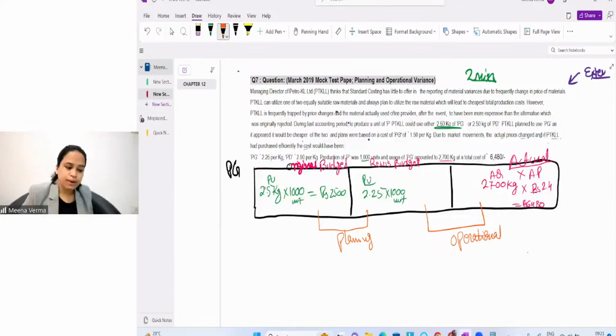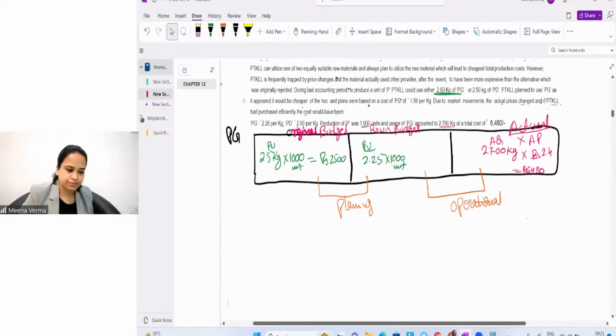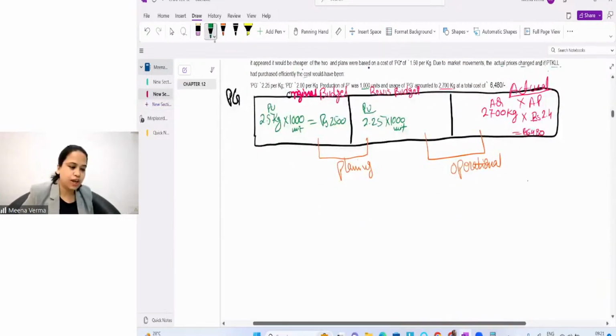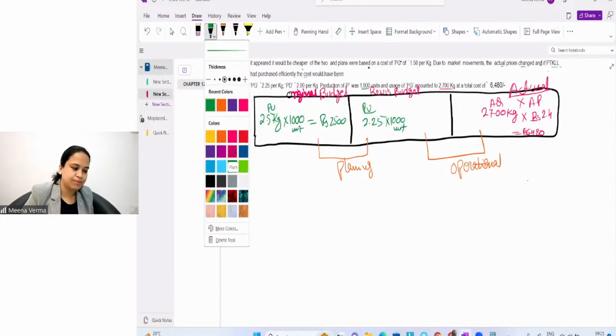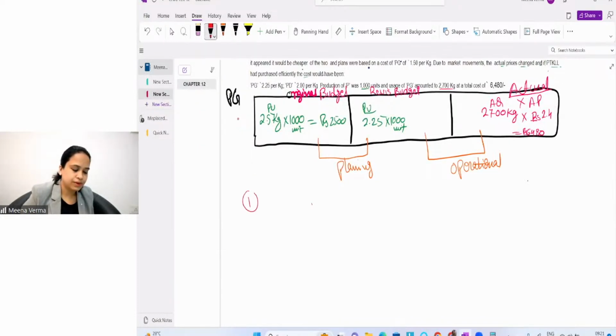So for planning variation, you will find the planning rate variation and the quantity variation. I told you that we can calculate both. Let's calculate it. So what do we have to do? First, let's do one thing. Let's find the planning